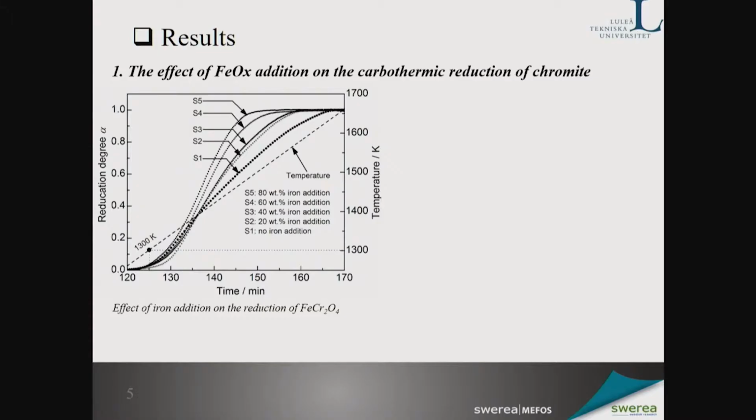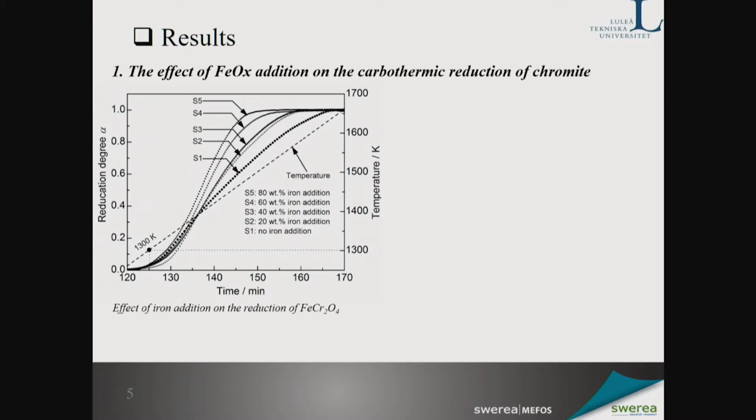Then I will show some results. This figure shows the effect of iron powder addition on the carbothermic reduction of the chromite, synthetic chromite. It's seen that the more iron powder is added to the mixture, the easier the reduction of